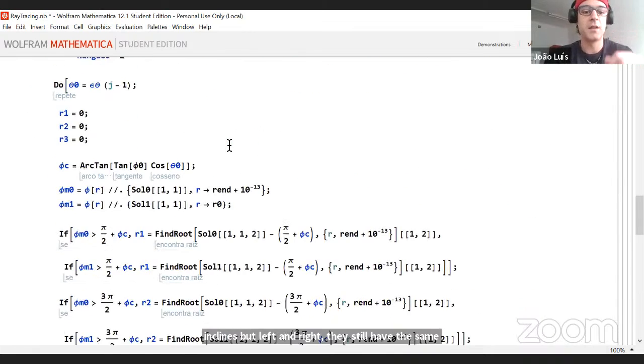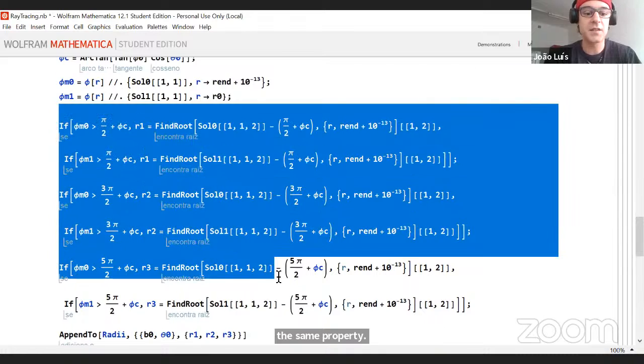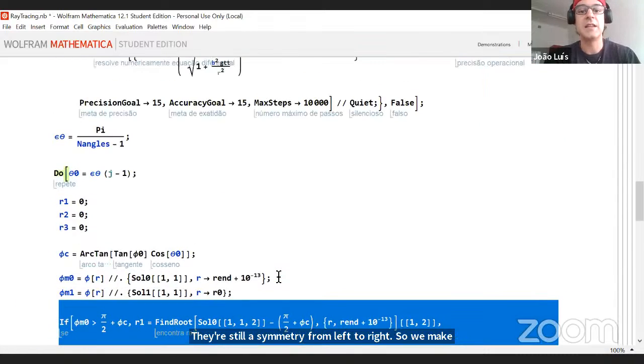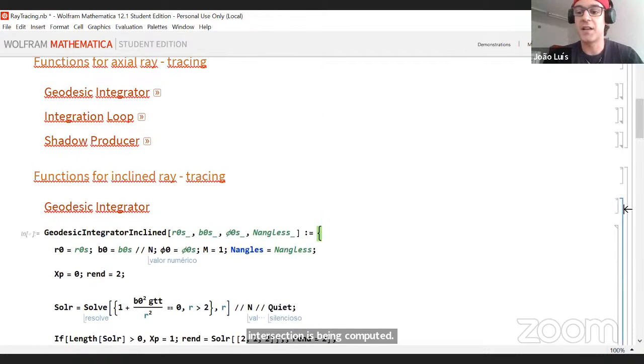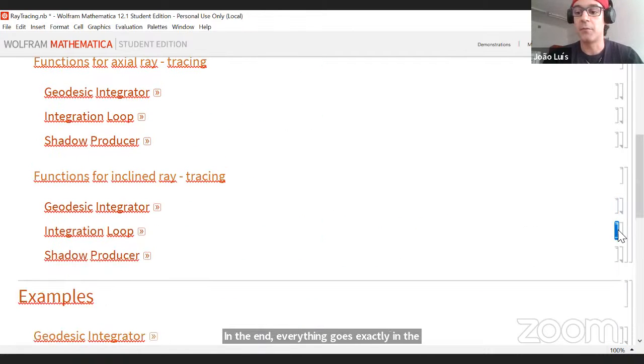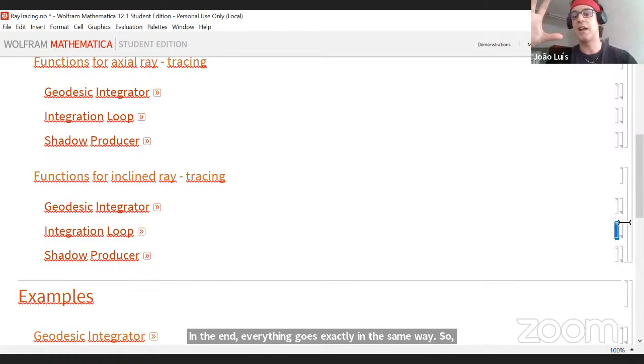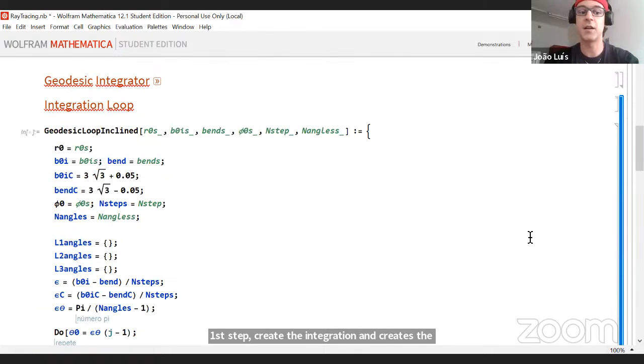So we make the corrections on these angles and we produce the lists containing not only the place at which the intersection occurs, but also at what angle this intersection is being computed. In the end, everything goes exactly in the same way. So first step, create the integration and create the corrections for all the angles, and then it goes precisely as it goes for